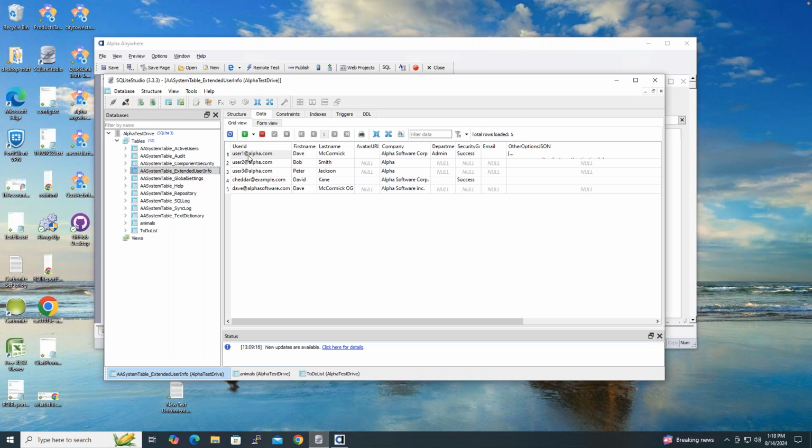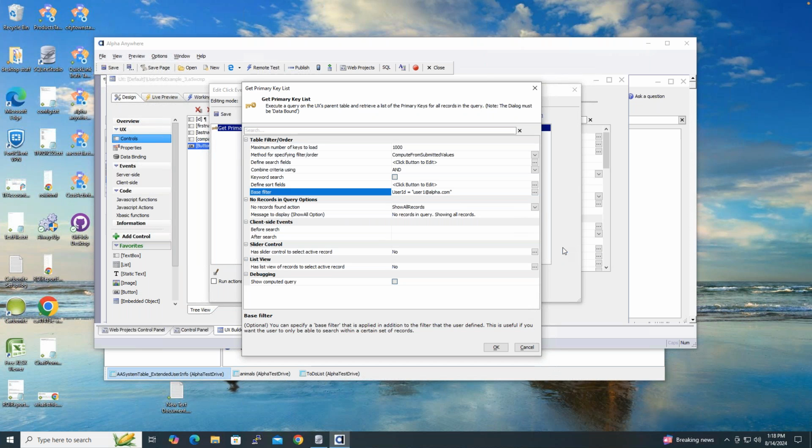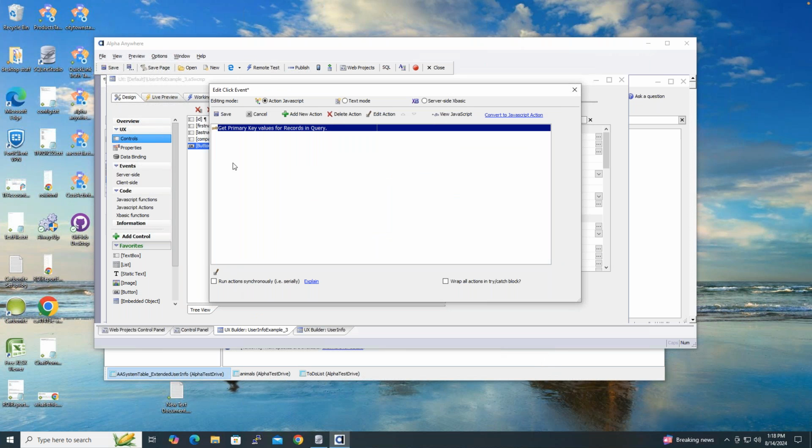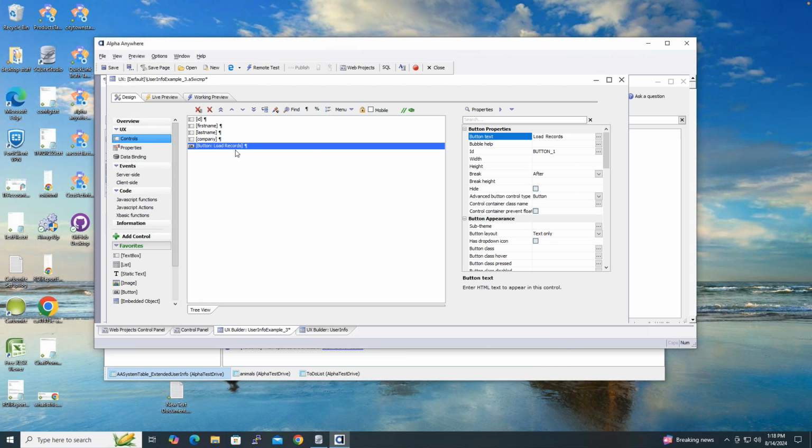Let's take a look in the database just to make sure that that's a real user. Yep, user1@alpha.com is a good user. Perfect. So that's going to be it. So I'm going to click OK. And so now when I save this,